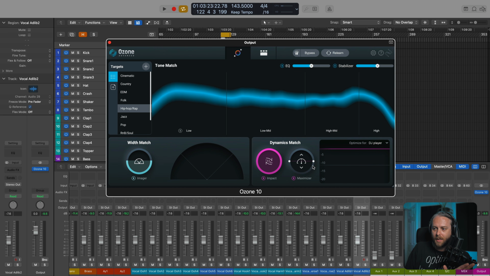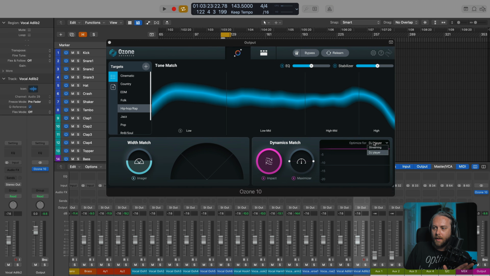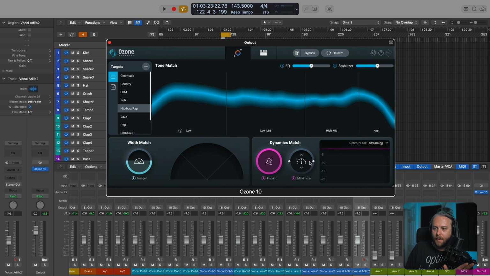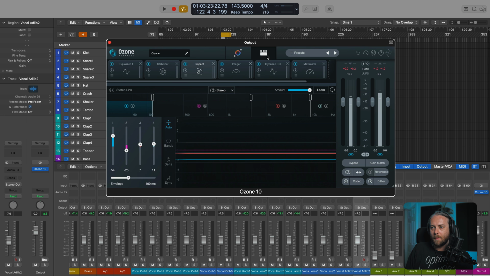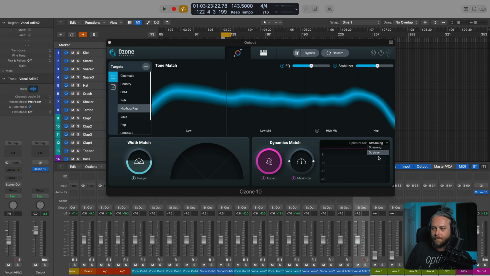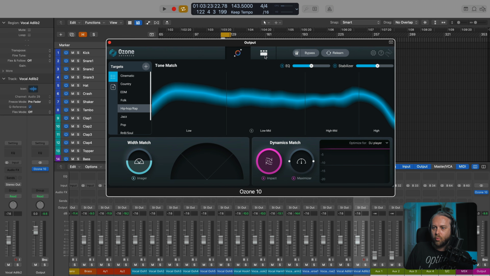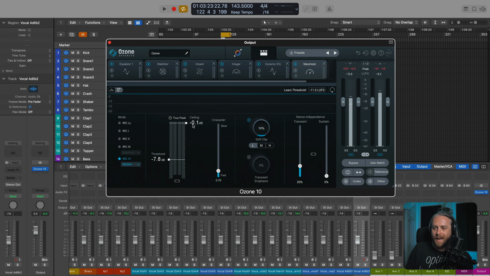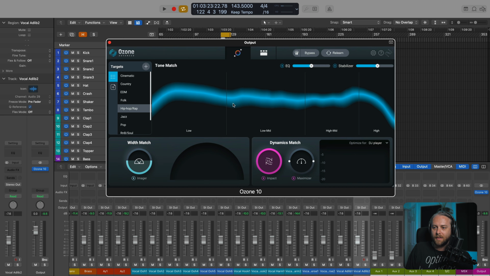But settling right here is going to be -8 for the DJ player, and right here for streaming. And the other thing you should know is that if we're on streaming, we have a ceiling. Let's go to the maximizer over here, a ceiling of -1 dB and true peak on, okay? But if I go over here to DJ player, we go right up to the line here, -0.1 dB and true peak is off.